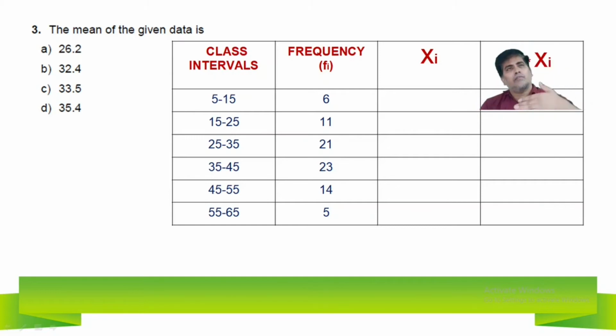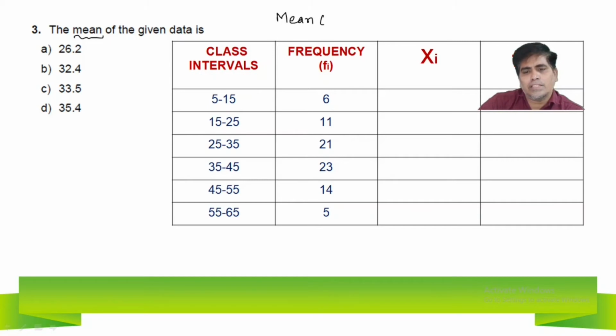Again, when we are doing the first question, he has clearly given the note that refer the table number 1. So only for table number 1 we have to calculate the mean. So you know how to calculate the mean for the data. First of all I will write the formula for mean. So how to calculate mean?